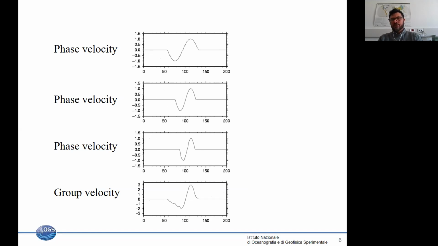So it starts nearly simultaneously with the first frequency, and it's arriving nearly as the last one at the end of the bottom. So when we analyze Rayleigh waves, we will mainly focus on the phase velocity. So we will try to extract the velocity at which each single frequency is